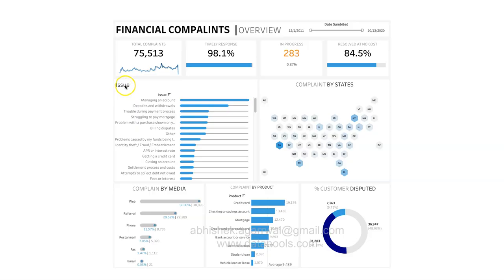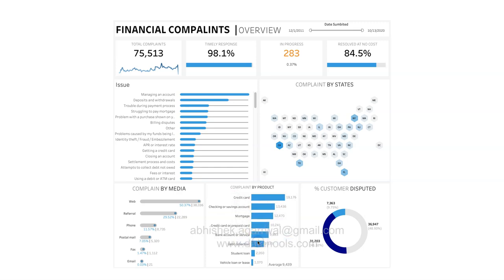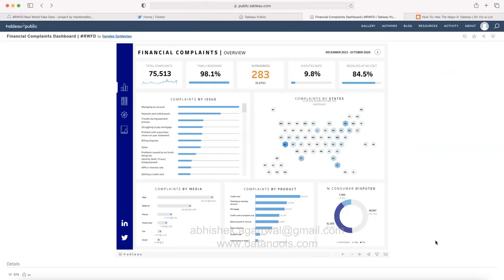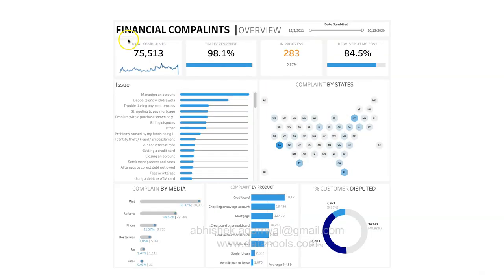So the only issue is something needs to be formatted. You know how to format it. Also remove this by right clicking here and click on hide labels. Similarly, product, right click on hide labels. Everything is in place. That is as per this particular great dashboard which I saw by Gandes Goldestan. So that's mainly about it, what I wanted to show you in this step-by-step dashboard, and I hope